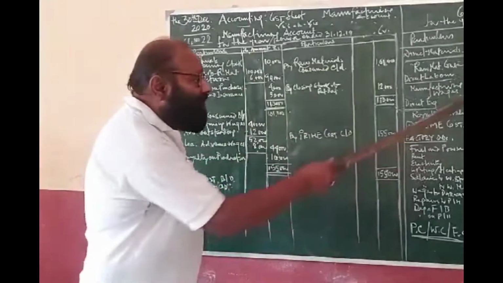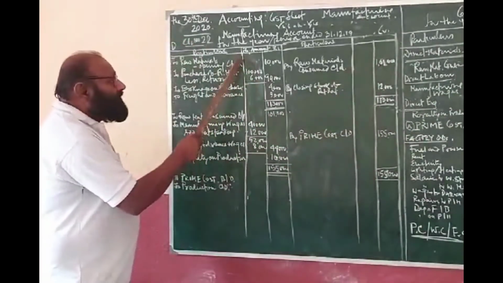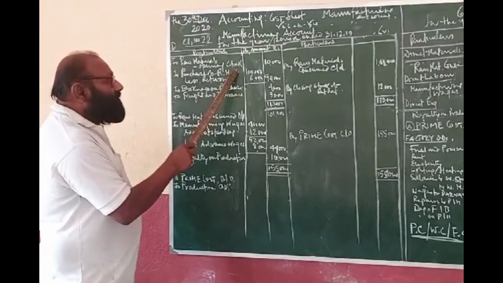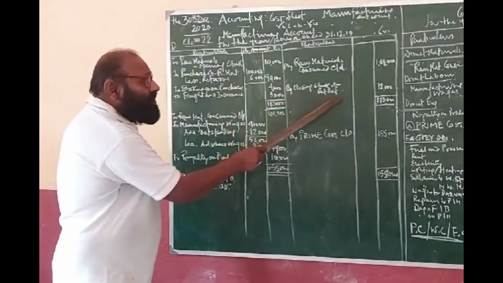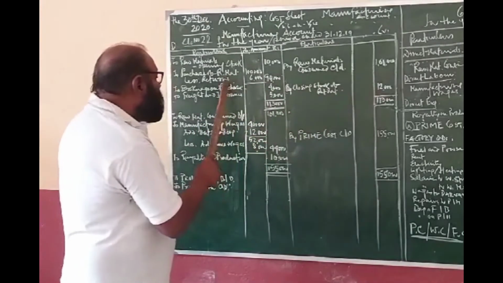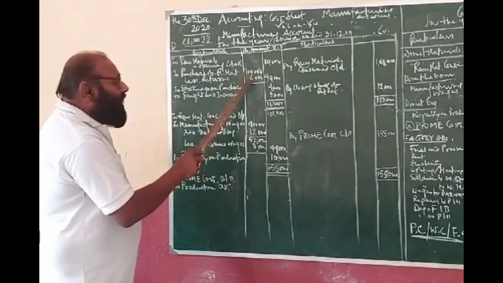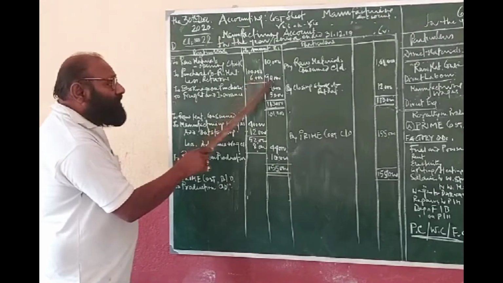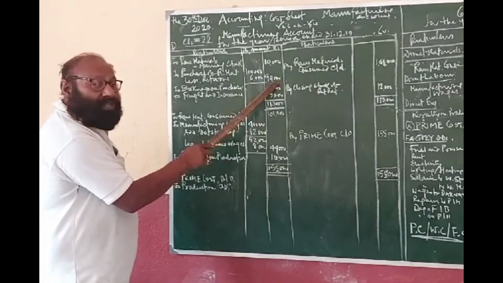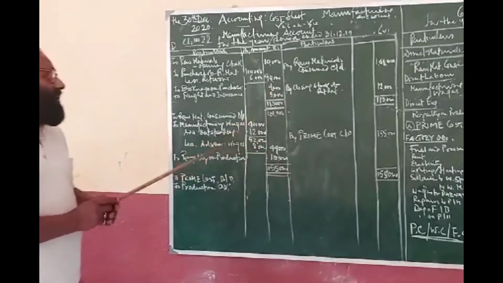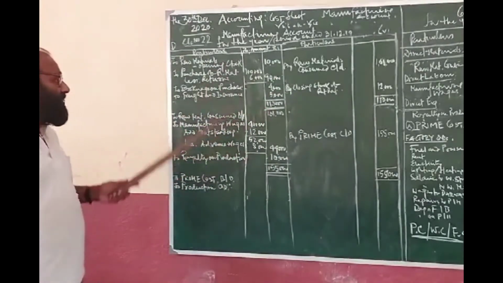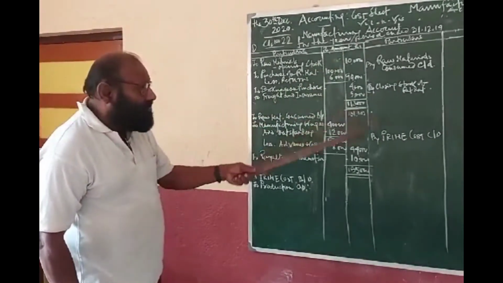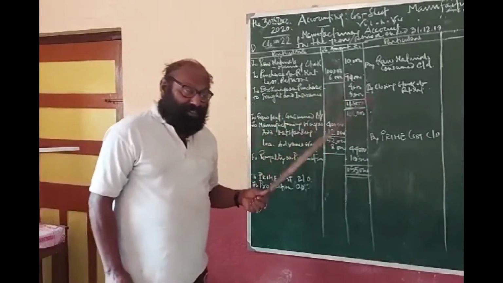Here in our problem also, now you see what we have done. The purchase part, the material part has been done first. That is the opening stock of raw material on the debit side, and on the credit side, closing stock of raw material. Then purchase of raw material 1 lakh, and return of materials purchased 6,000. So net purchase of raw material is 94,000. Clear? And then you see the brokerage on purchase 4,000, and freight and insurance 5,000. So the total debit is 1,13,000 relating to the material consumed.